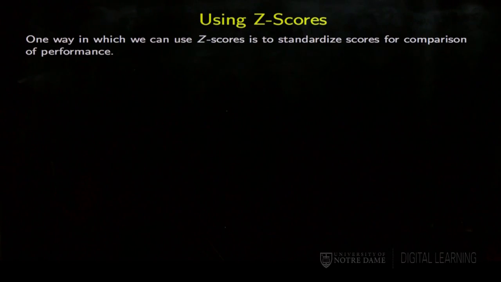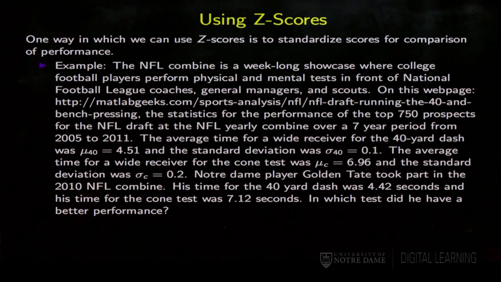And here's an example from football. The NFL Combine is a week-long showcase where college football players go to basically strut their stuff in front of coaches, managers, scouts, etc. And they have various tests. And we found some data combining the results of the tests for over 750 prospects over a 7-year period, from 2005 to 2011. And for the two tests, the 40-yard dash and the cone test, we had for wide receivers,